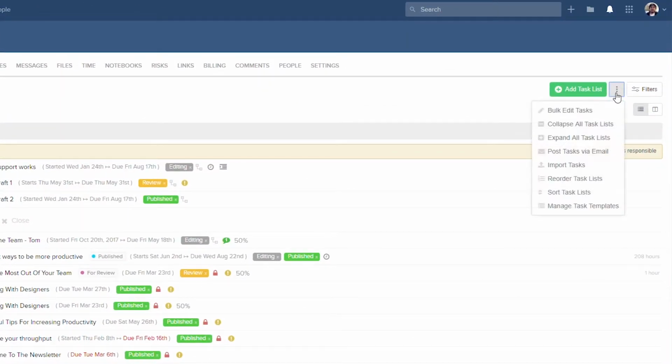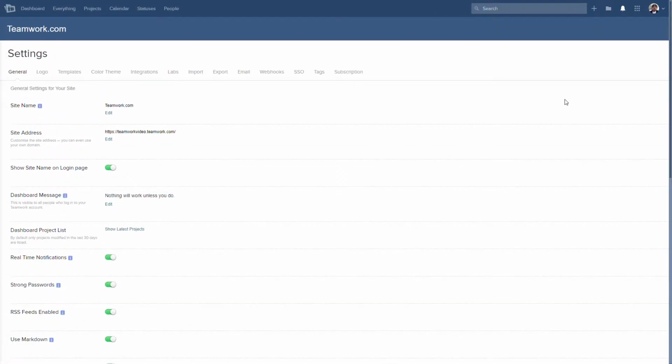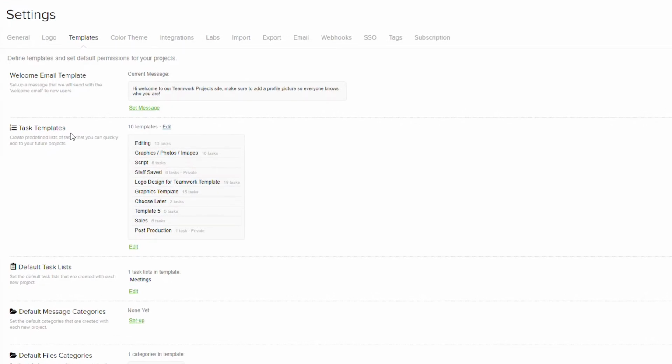we can select the options drop down here on the right hand side, and you can see the option to manage task templates. Or alternatively, you can go up here to the top right and select the options drop down here and select the settings option here. And in the settings window, we just need to make sure that we're in the templates tab. So down here you can see our task templates section,